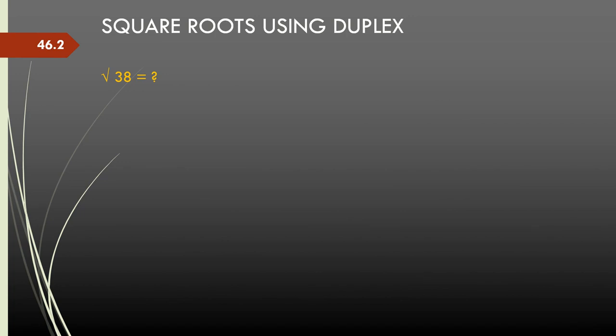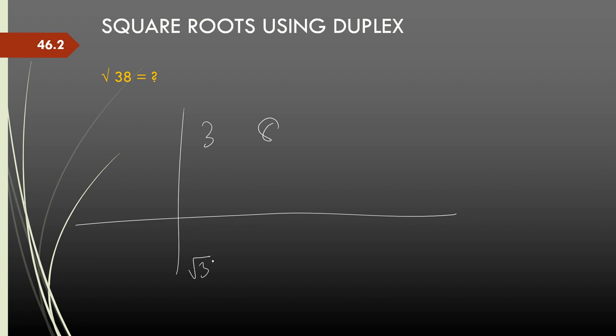So, let us say we were doing square root of 38. So, 3, 8. There is only one pair of 2 digits, so the answer will have 1 digit before we get to decimals. That is the first thing we need to realize. Now, the perfect square less than 38 is 36 and the square root of 36 is 6. So, 6 is the first digit in the answer, and after that there will be a decimal point. Now, let us assume there are zeros here, so that we can calculate to 2 or 3 decimals.